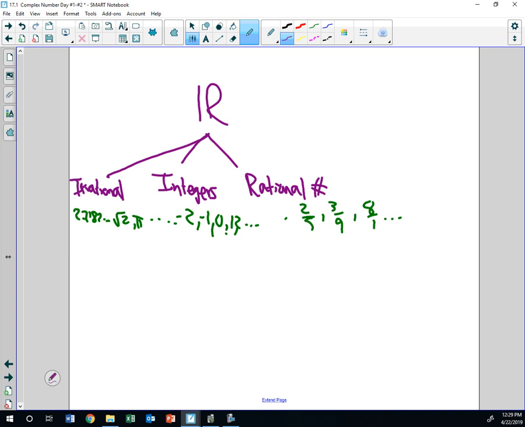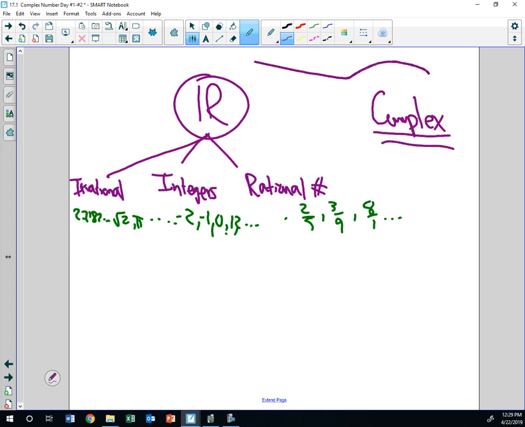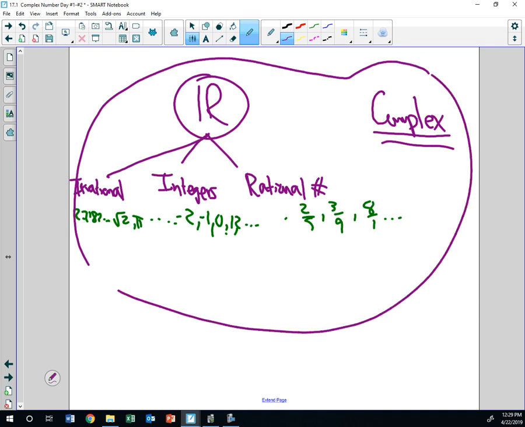22/7 is not pi. All right, so rational and irrational numbers seem to be the whole set of all the numbers that exist, except that's not true. There is another group that's not real. It's called complex. Complex numbers are the whole universe of numbers because they have all these real numbers in them plus